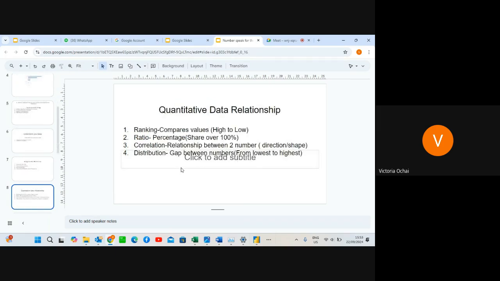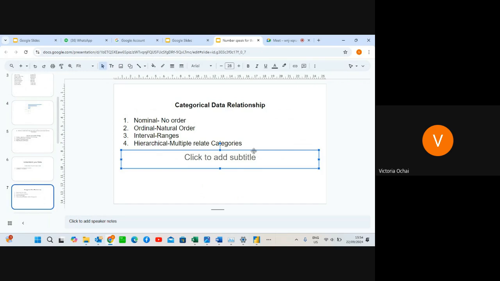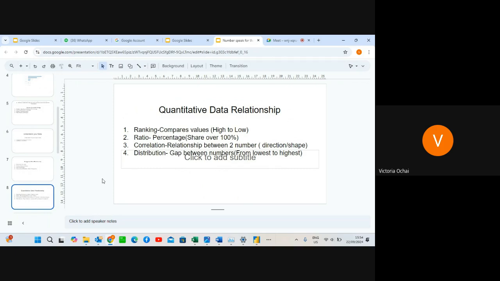Then we also have, for the quantitative data relationship, the ranking, whereby maybe you are trying to do an analysis and you want to compare the values from the high to the low. You want to compare a particular value, say you want to do an analysis of the sales that you've done from January to December. And maybe when you want to show a trend, we have different